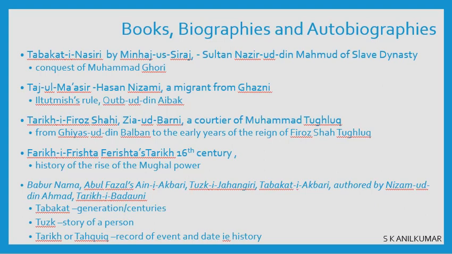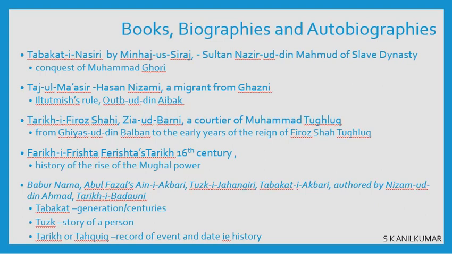He was there during the period of Razia Sultana also. Though he recognized Razia Sultana as the most capable leader of the times, he was not able to keep her as the ruler, and he worked along with other nobles who ultimately ousted her and murdered her. So Minhaj al-Siraj wrote a lot of books, which include Tabaqat-i Nasiri. Mostly he wrote about Sultan Nasruddin Muhammad of the slave dynasty. It also talks about the conquest of Muhammad Ghori.